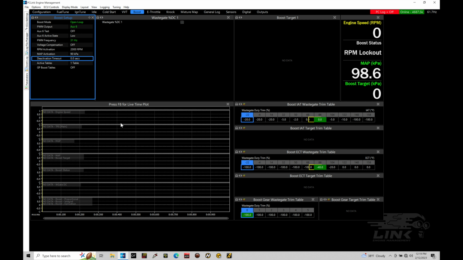So programming any type of pulse width modulated control, we're going to have to consider our output state, if we're controlling and pulsing in a ground type of pulse or a 12 volt type of pulse to control that circuit. Again, it depends how your circuit is wired. And then we need to consider what the frequency is going to be. That's how many times in a second we're going to pulse that specific circuit. So this is, again, very specific, and you'll have to know that information as you're programming. But that's going to wrap it up here, taking a look at setting up and programming 2 of our basic